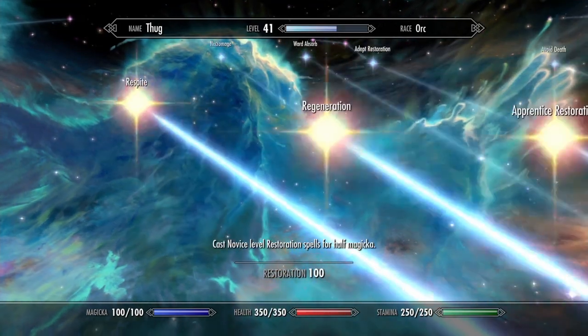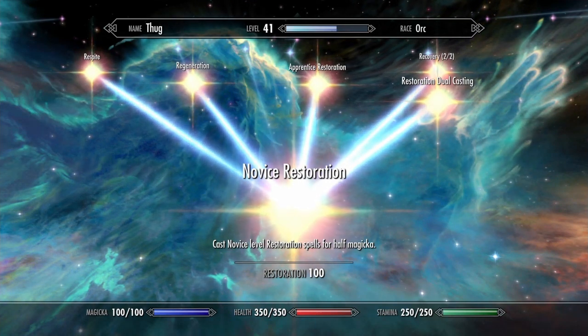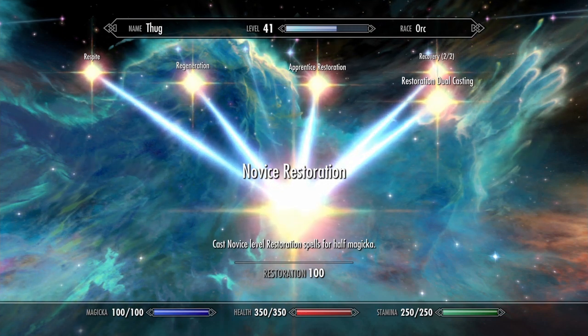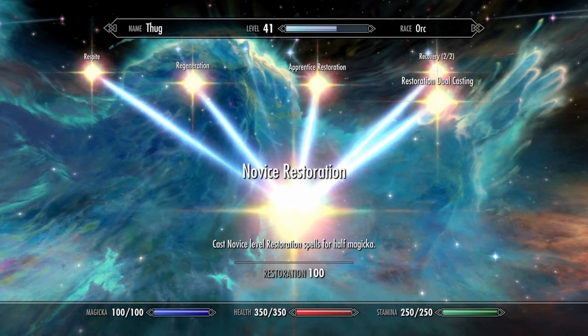power attacks. And then as you can see in the bottom, I basically put no points into Magicka because I'm only doing fast healing occasionally. Put most into health and then a fair amount into stamina so I can do more power attacks like I